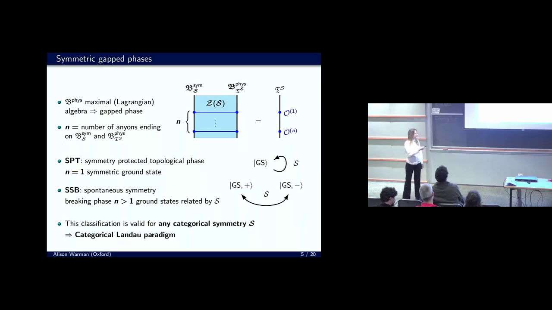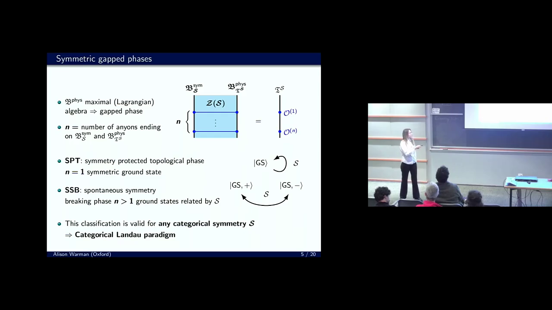And the string order parameters come from the SymTFT, and they are given by anyons, which can end on B-Phys, but not on B-Sym. So we will have a local operator after shrinking the slab here attached to a symmetry line. If such a string order parameter has a non-zero vacuum expectation value, we will have a non-trivial SPT, and we will see examples of this. If instead we have multiple local operators coming from multiple anyons ending on both boundaries,